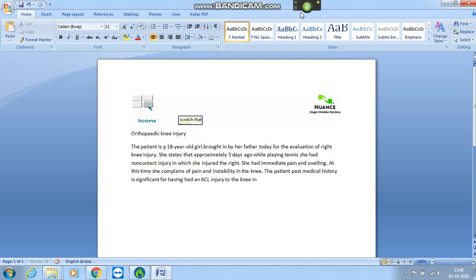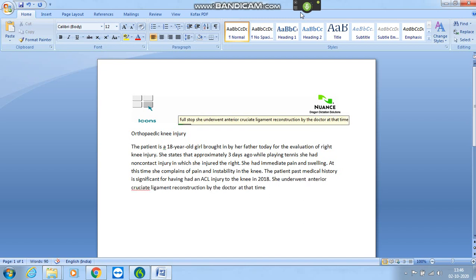Scratch that. 2018. First up, she underwent anterior cruciate ligament reconstruction by the doctor at that time. Subsequently, in the same year, she developed a laxity of graft due in part to non-compliance, and subsequently she sorted this